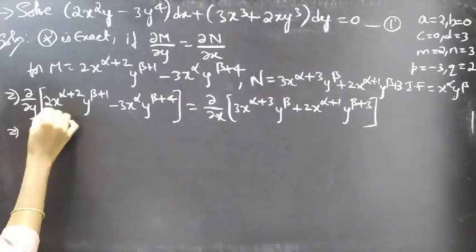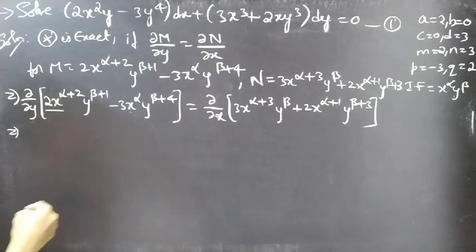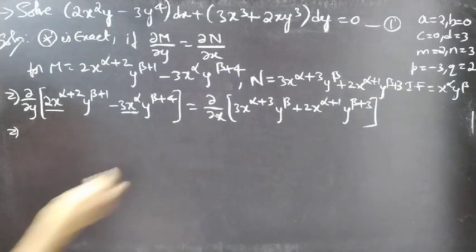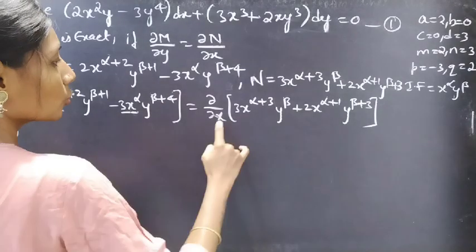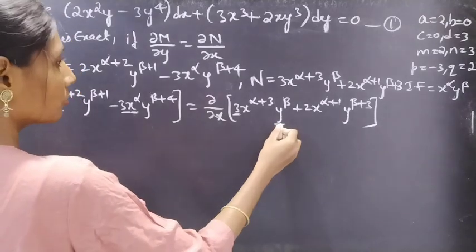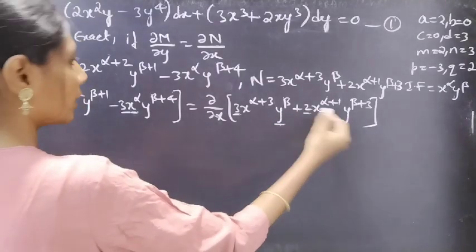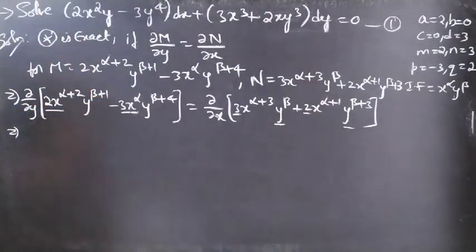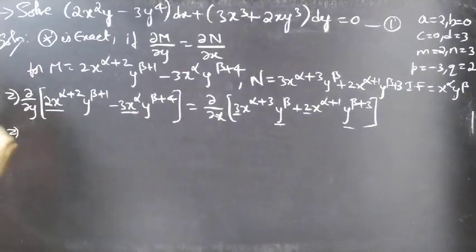So x will be treated as constant. In the first term, 2x^(α+2) is constant, and in the second term, 3x^α is constant. Likewise, here we need to find partial derivatives with respect to x, so y will be treated as constant. In the first term, 3y^β is constant. In the second term, 2y^(β+3) is constant. Now we'll write this as